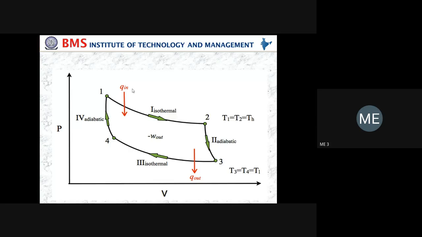So you see the diagram. This Carnot cycle consists of 4 processes, 2 isothermal and 2 adiabatic. In an isothermal process, temperature is constant. And you see the arrow mark. It is in forward direction. What is the meaning of forward direction? Can you tell? Process 1 to 2, the arrow mark is in forward direction.